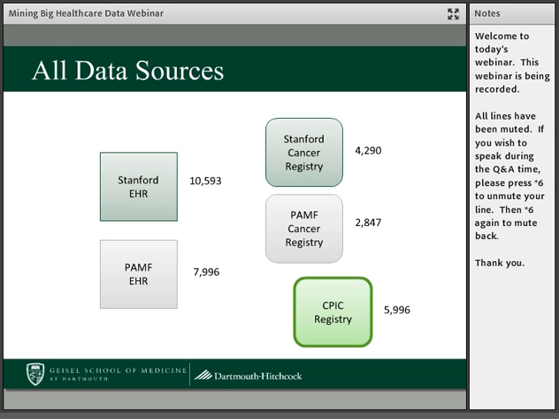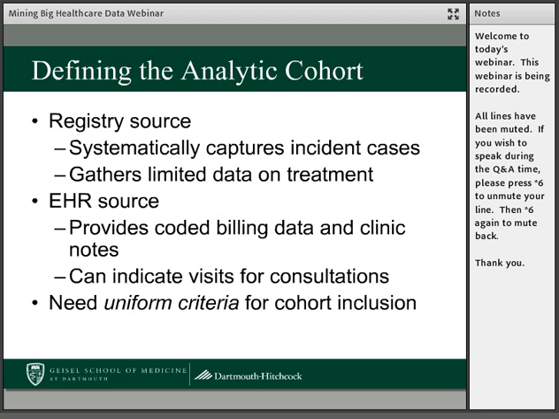Now, in addition to this, we know that there are registries that collect information on reportable cancers. So there's one institutional registry at Stanford, and there's an institutional registry at PAMP. And we also have a regional registry in the Bay Area where these two registries and other local registries send their data. So those registries capture information about the incident cases of breast cancer. And as you look at this, you'll see there's a number of discrepancies in terms of the sources of information. And so we want to try to sort through that.